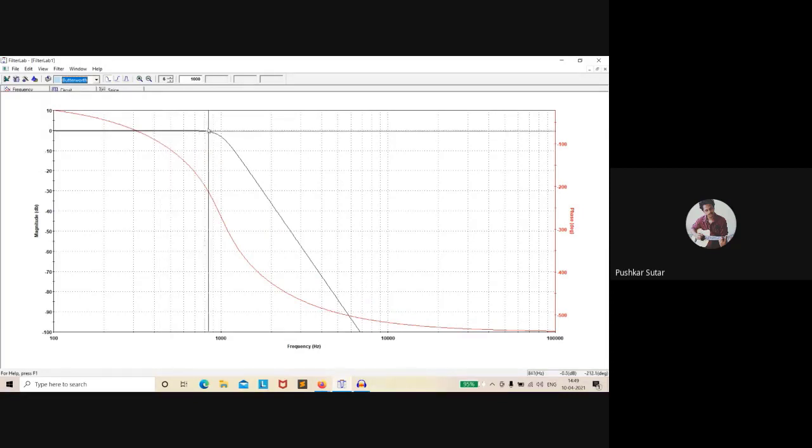Now let's keep aside all the specifications, how we design and how we simulate everything, and just focus on the Butterworth graph. What you see from the Butterworth graph is that the flat band which I told you about is completely flat. There are no ripples in it. This is why Butterworth is also called the maximally flat response. The pass band is ripple free.